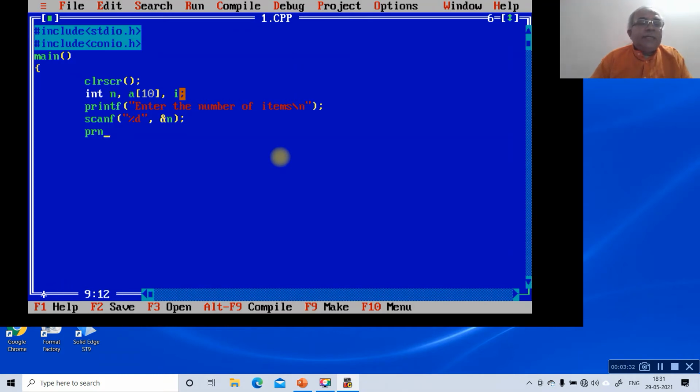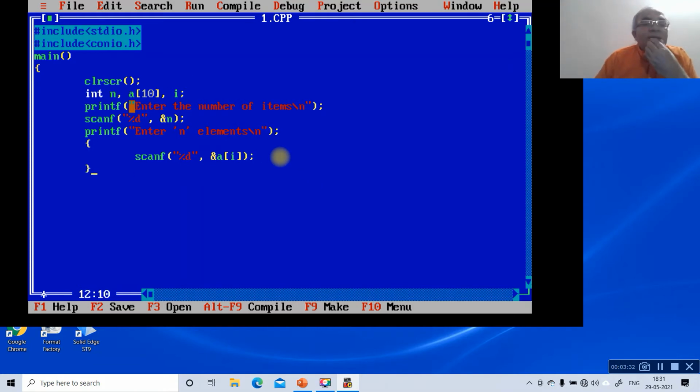Then you get printf("enter n elements\n"), then scanf to read those elements, %d and &A[i]. Here we are entering the elements in the array.